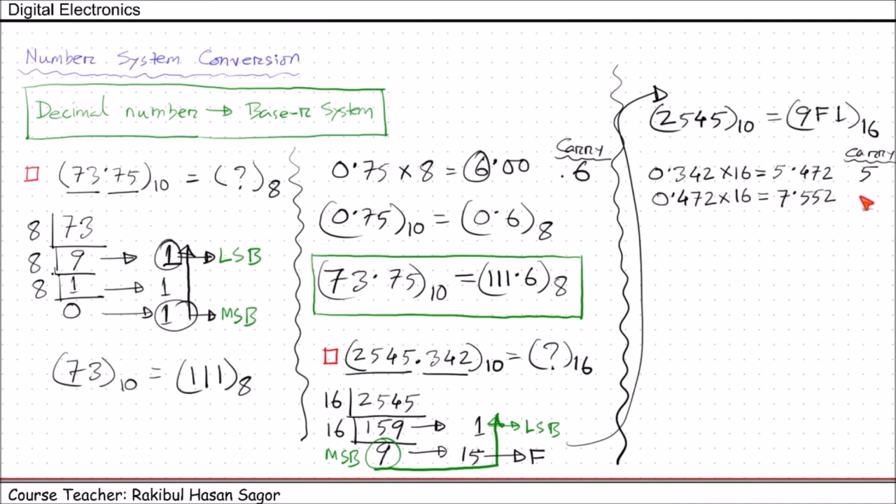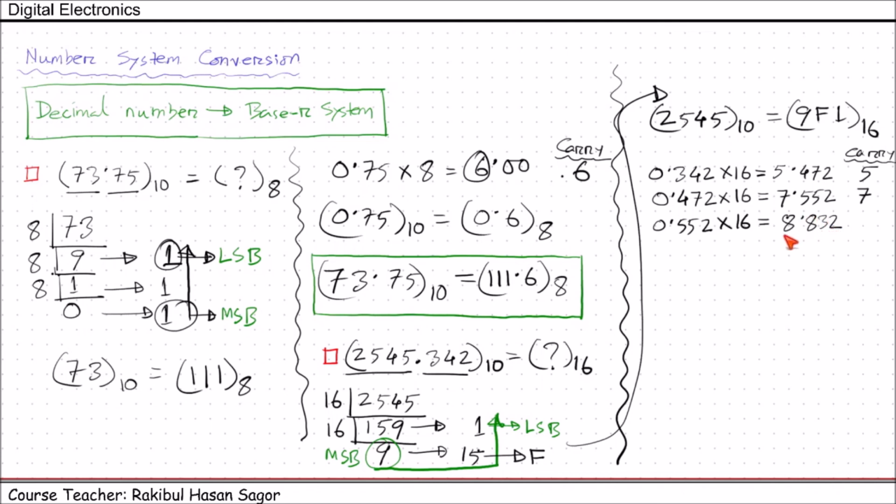Again, if we separate the carry, 7 will be taken out and the remaining part 0.552. Again, this number should be multiplied by 16, which is the targeted base, and that will give us the result